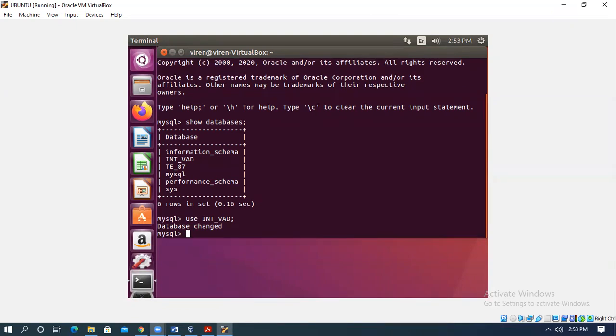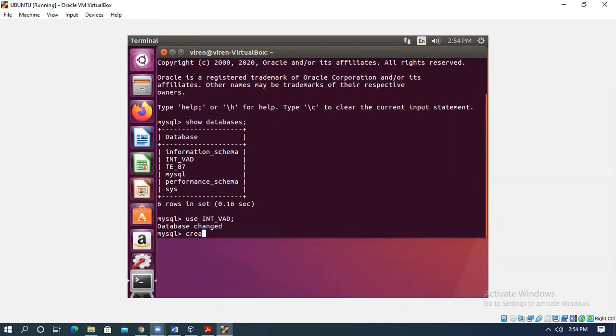Now we'll see first the DDL command, then we'll go for the DML commands. DML commands are select, insert, update, and delete. But to insert records, select records from the relation or table, update records in the table, and delete records in the table, the database should have that relation created.